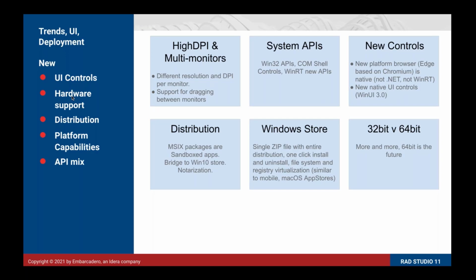Obviously, the other parts, looking at the system APIs, I've touched a little bit about having the different sets of APIs there with the UWP, the WinRT, and the traditional Win32 APIs, COM and Shell, and so on. Obviously, all of that is well covered through RAD Studio and fully available. And there's some really deep coverage of that in the source directory now as well.